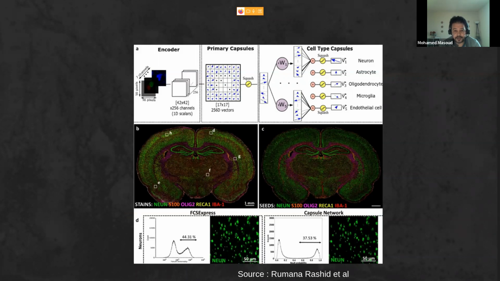So we can see here they have two approaches here to use. One of them is threshold based. So they go to the intensity of the cells and use this intensity as an indication for the cell type. So for example, if a certain cell has a high intensity in a certain marker, then they can use that as an indication of the cell type. But this approach, according to their study, wasn't the best approach to have.